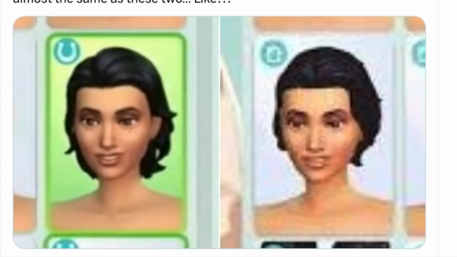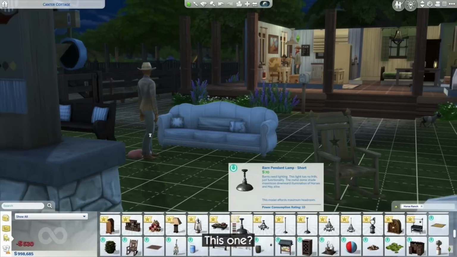Now, I did see on the build and buy in Creative Sim that there looked like there were multiple different versions of the same pack when it came down to items and content, and I do believe there's a lot of reused content within this pack as well. With that being said, we are going to dive deep into my thoughts and opinions, and personally, I feel like,